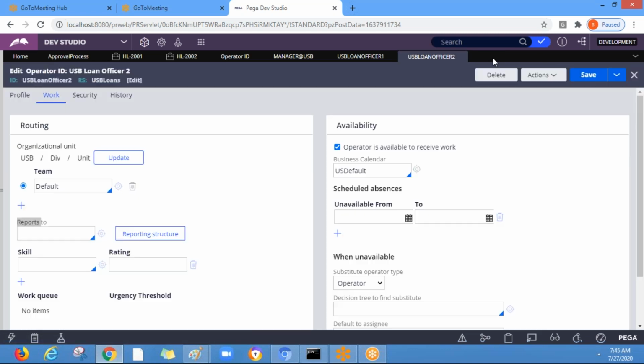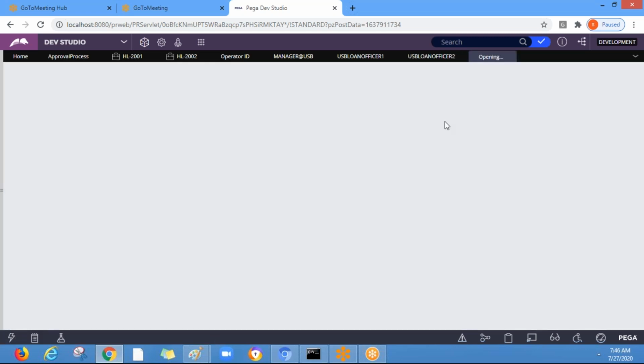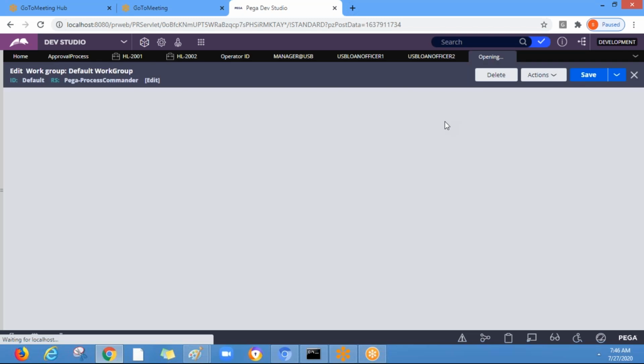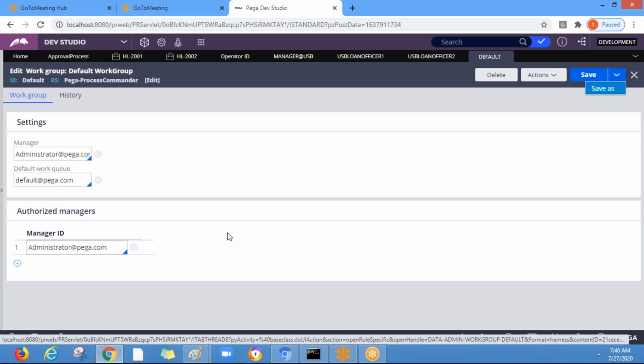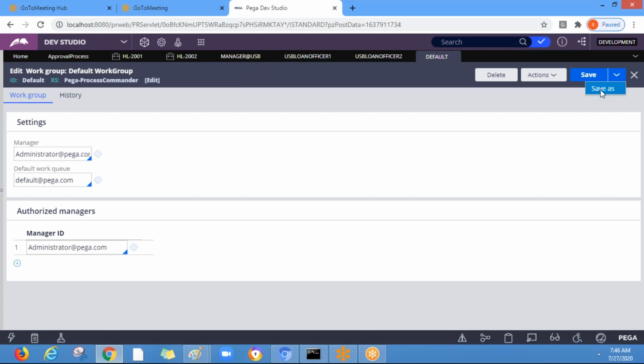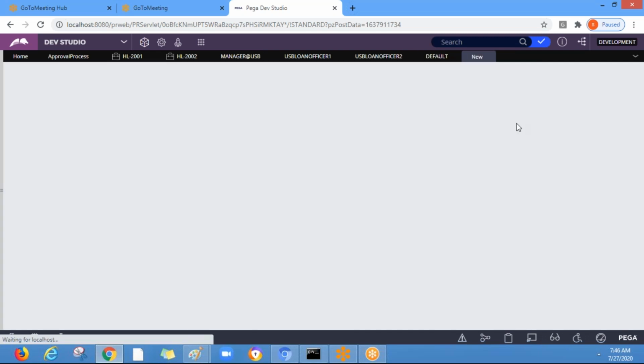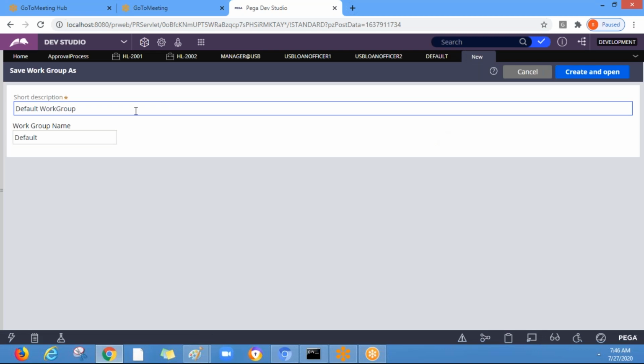Sorry. Open the work group. So you can open the default work group from any operator and save as and specify the USB work group.